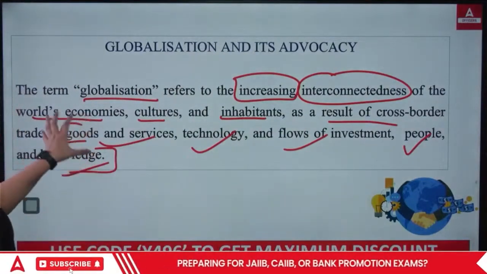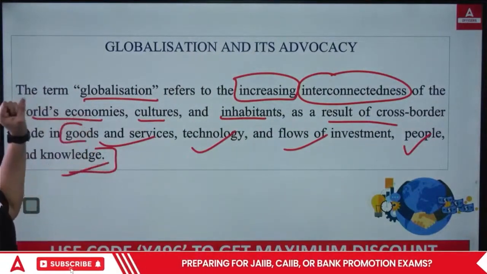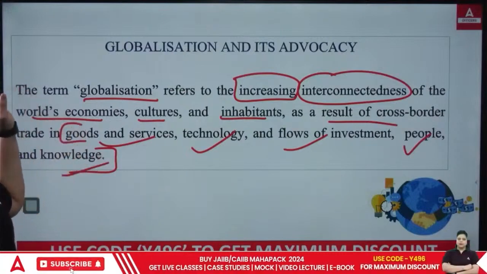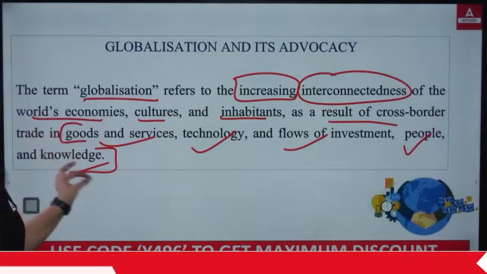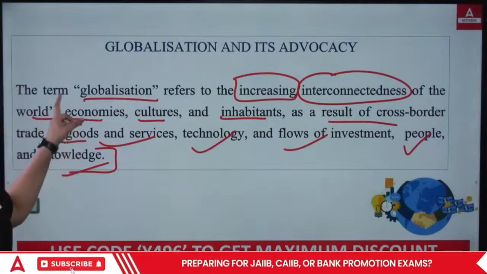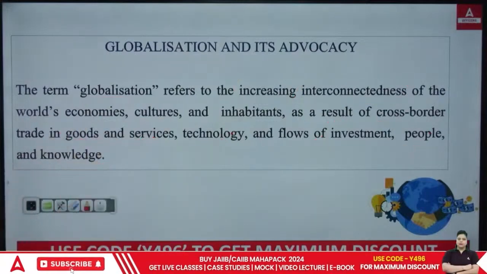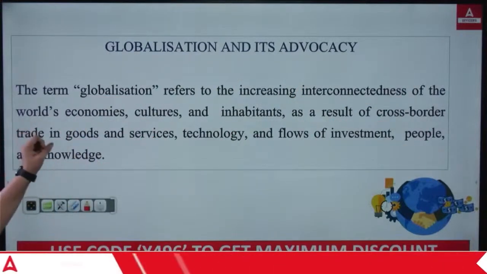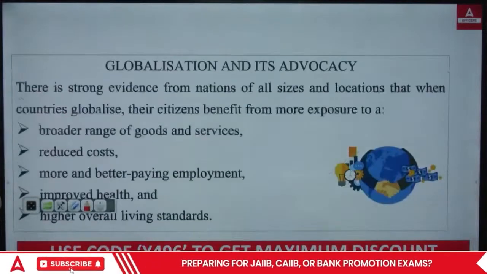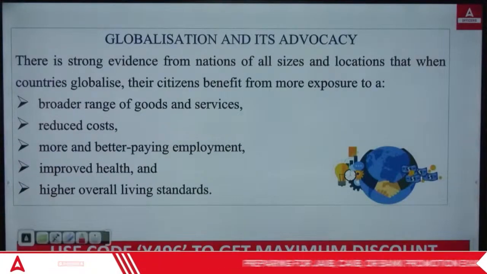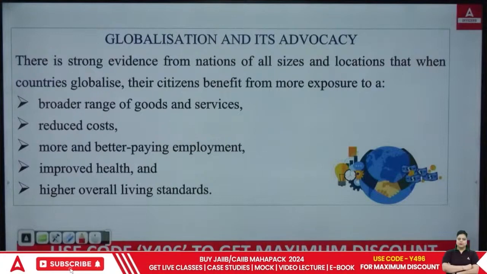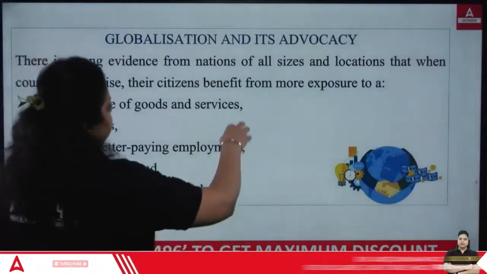And because we are allowed to exchange these things, because we are allowed to give each other these things, that's how we can say that we got the facility of having globalization. So globalization somehow helped us out in interconnectedness. Now next we have, if we're talking about globalization and its advocacy, there is strong evidence from nations